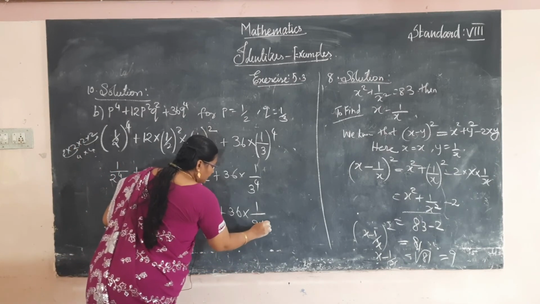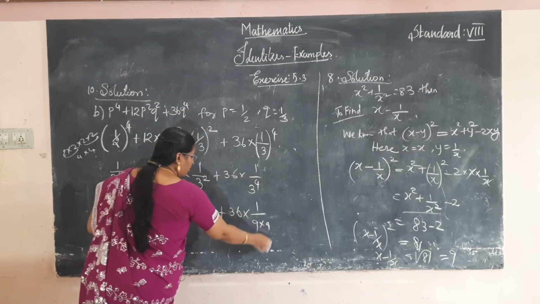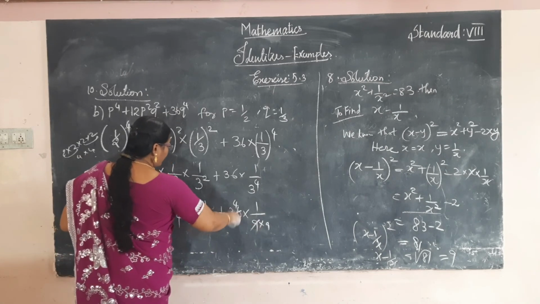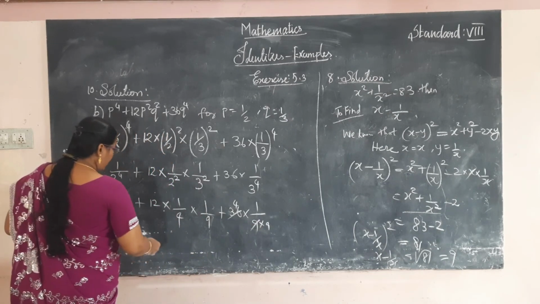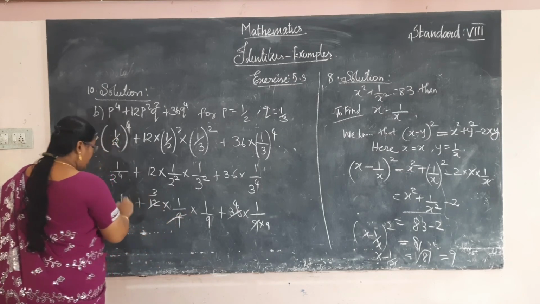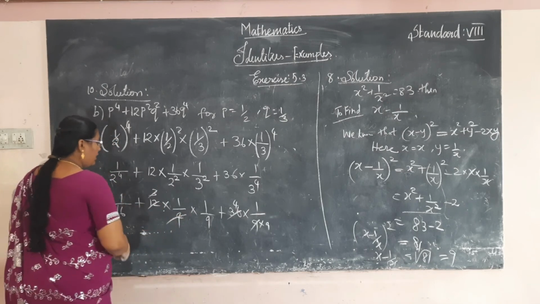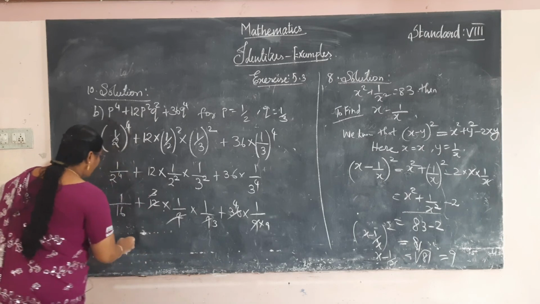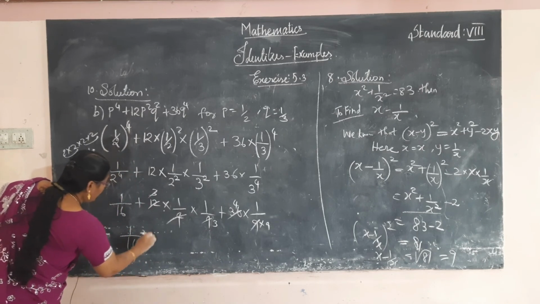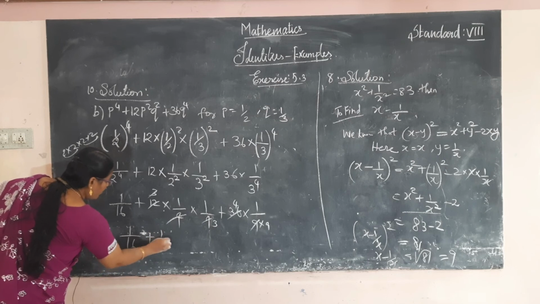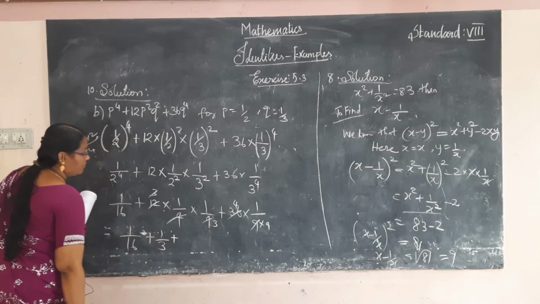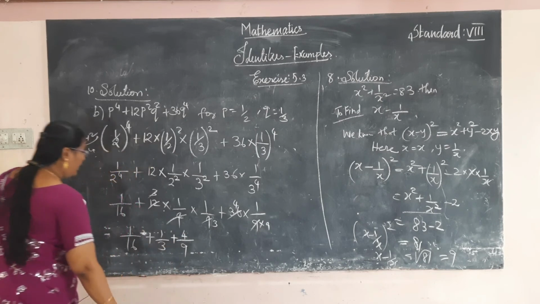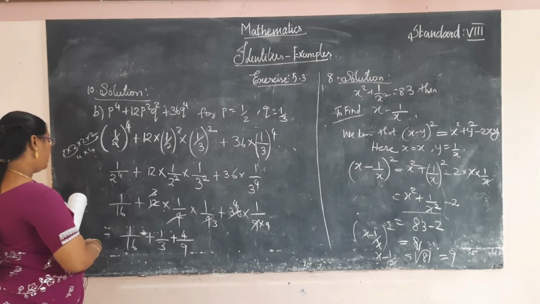Okay, you will write like this because it's cancelled in 9 table. So for the cancellation purpose I have written like this. Okay, so it cancels, 9 4s are 36. Okay, here 4 3s are 12. Okay, again 3 table, 3 3s are 9, that's it. Okay, so 1 by 16 plus 1 by 3 plus 4 by 9, 4 by 9. So now you have to find out the LCM.